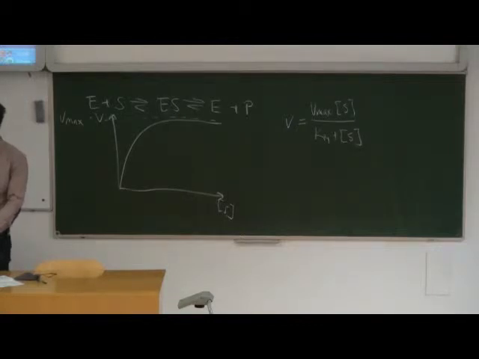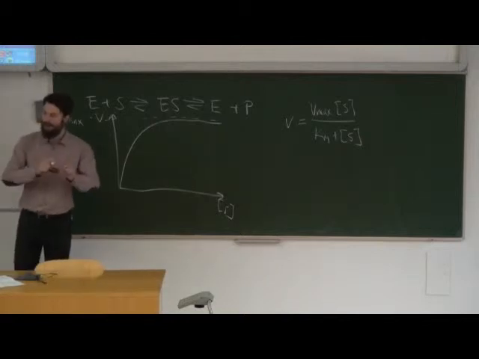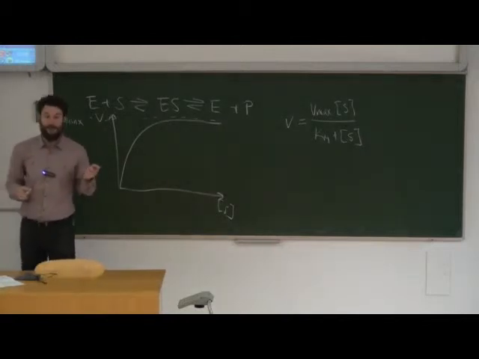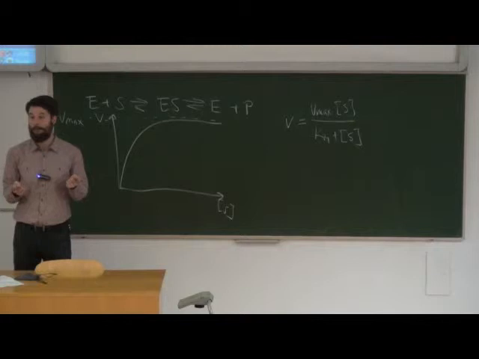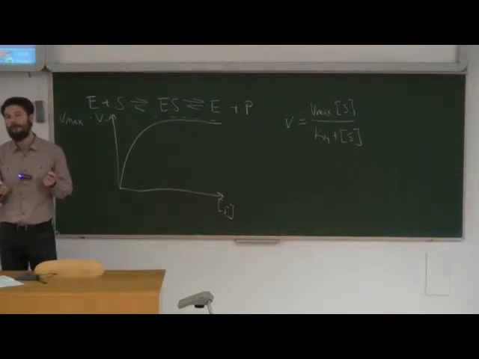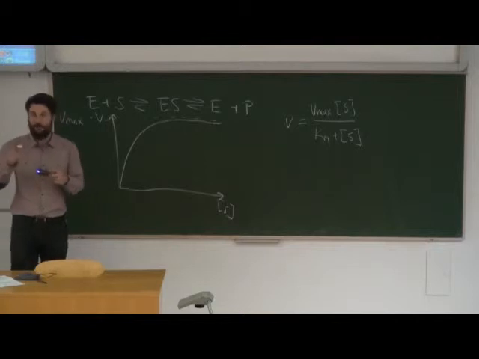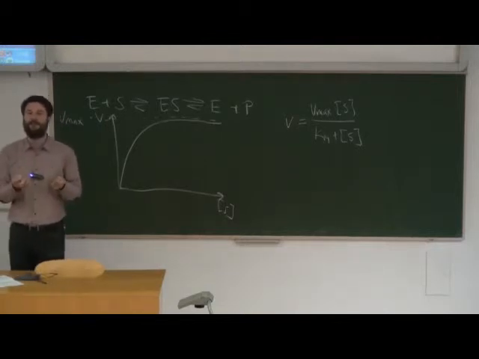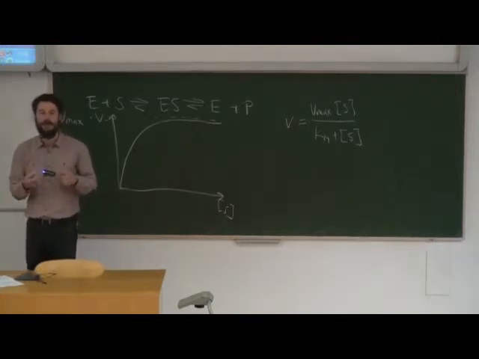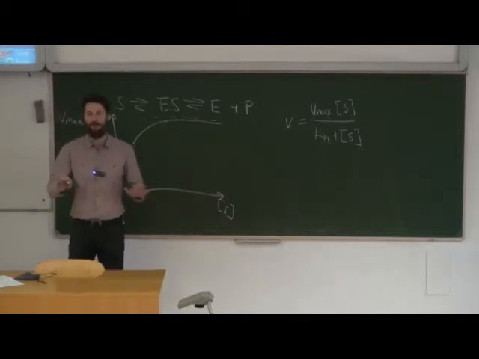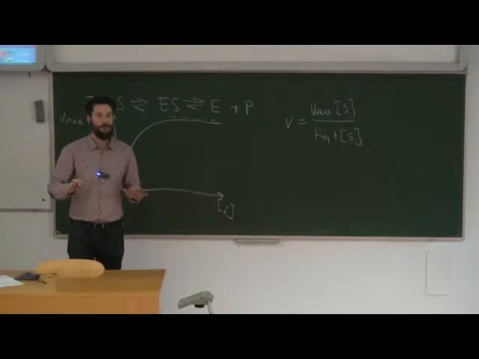Well, at a given, okay, let's go one step back. What is Vmax? What is it? The speed at which the enzyme is completely saturated. Okay, that's true. But when does this situation occur? In which situation do we get a complete saturation of the enzyme? The maximum rate of enzyme if we have enough substrate. Okay, what is enough substrate?